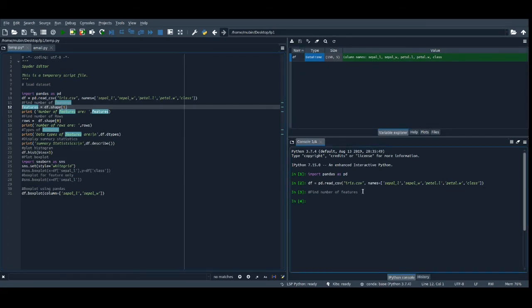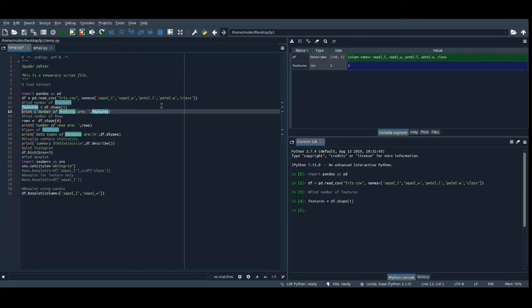In this way that statement gets executed. Okay, here I made a comment on that, so the comment gets executed. Now let's execute this again. Okay, now it gets executed and we have the new variable features, and its value is 5. As there are 5 columns, the number of features is 5.